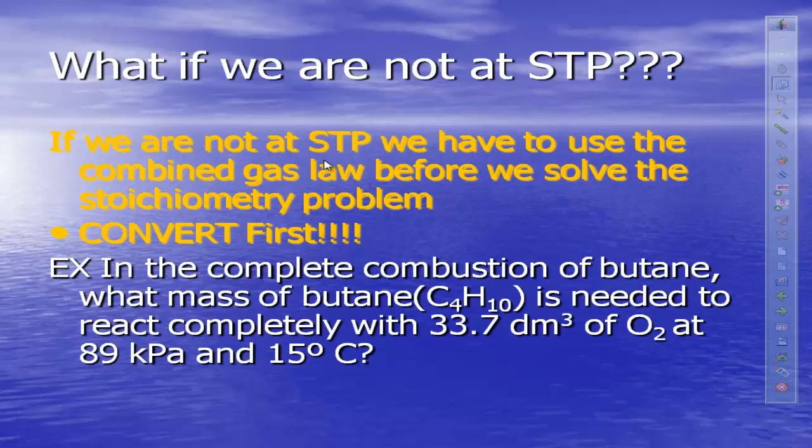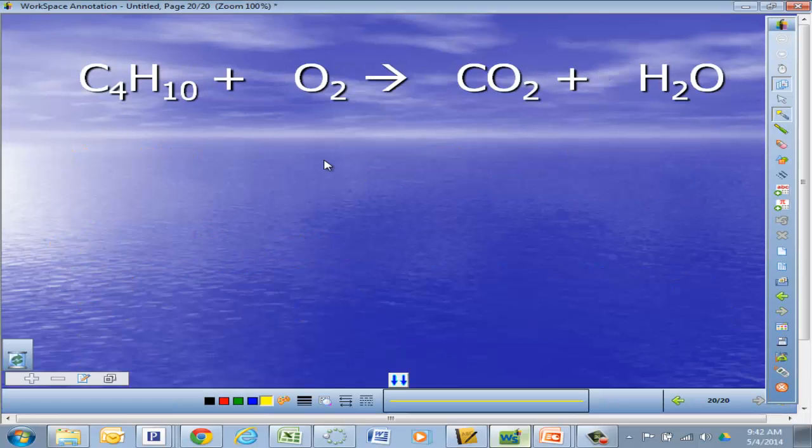In the complete combustion of butane, what mass of butane is needed to react completely with 33.7 liters of O2 at 89 kPa and 15 degrees Celsius? So if we go through and start balancing this equation, we're going to put a 2 there, we'll go with a 13 there, we'll go with an 8 there, we'll go with a 10 there. Question told me that we've got